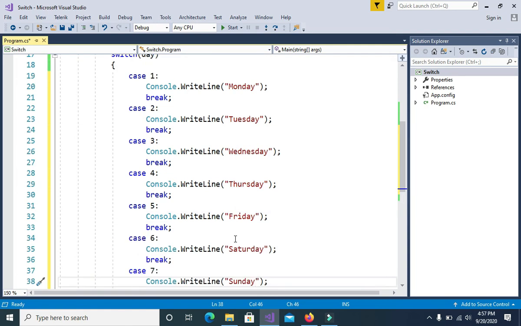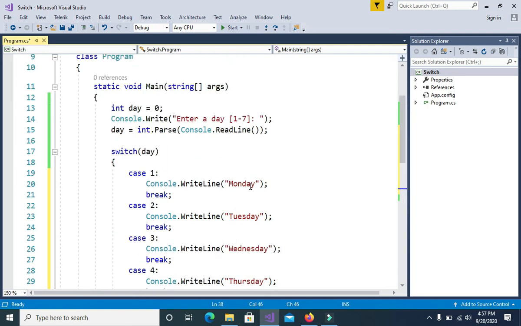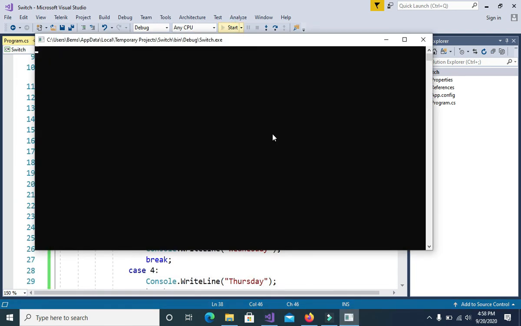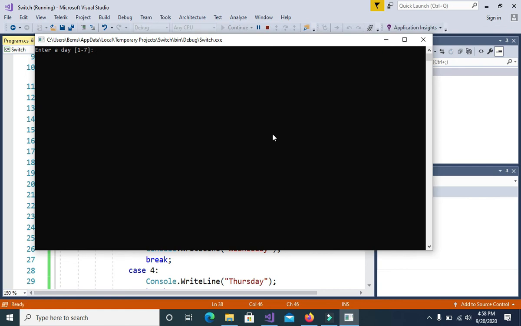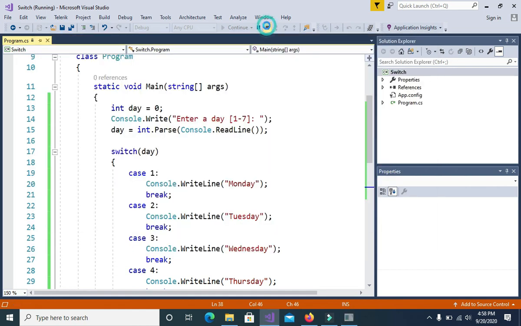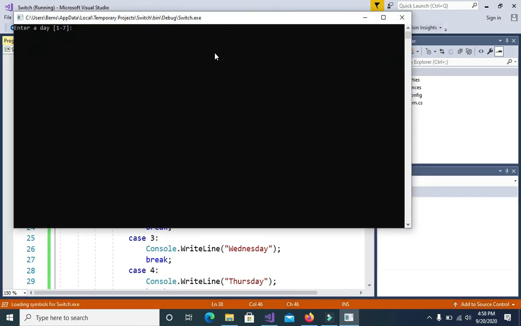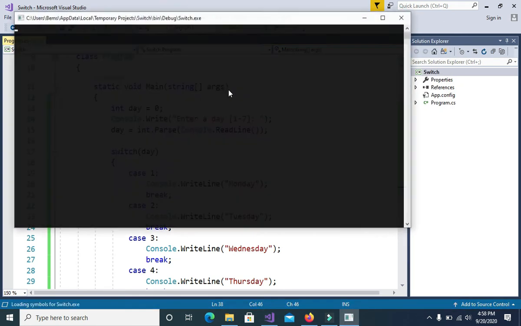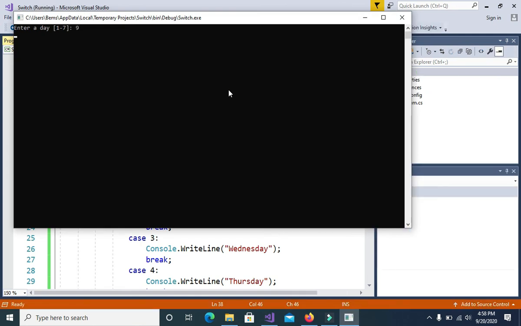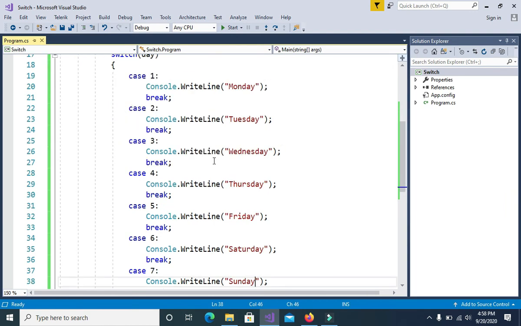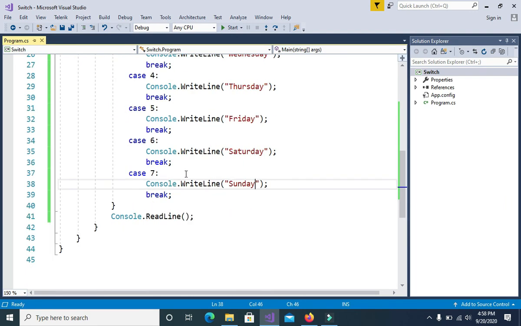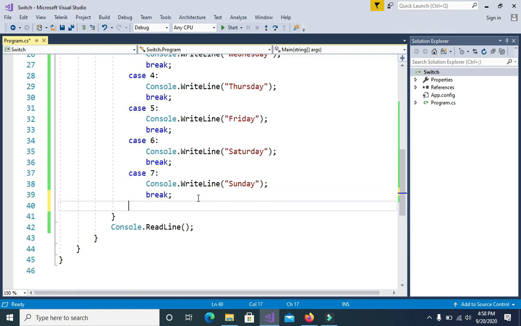So now let's test our application. Let's try giving it a value of 3. So it gives us Wednesday. So let's try giving it a value of 7, then it will give us Sunday. Let's give it a value of 9, then it will give us nothing because 9 is not part of our case. However, we can also include that by stating here default,